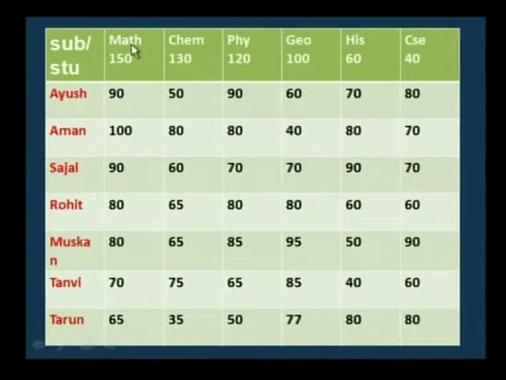So, you have mathematics, chemistry, physics, geology, history, computer science. Mathematics, chemistry, physics, geology, history, computer science, and the maximum marks are 150, 130, 120, 100, 60, 40. Now, the students' names are, you have some names: Ayush,